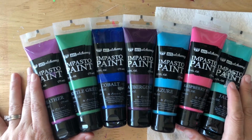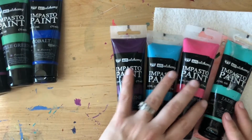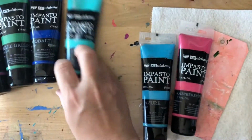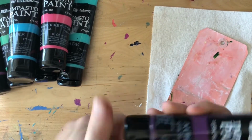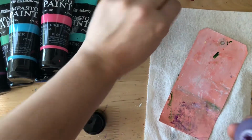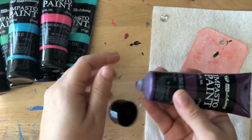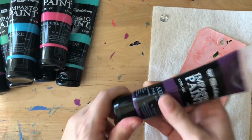What I really like about these paints is they're pretty standard as far as acrylic paint goes. They don't have any special qualities or any reason why you have to have this one and not buy another one. So let me get that out of the way. If, however, your favorite online shop or local store has these, I absolutely would recommend them to you,